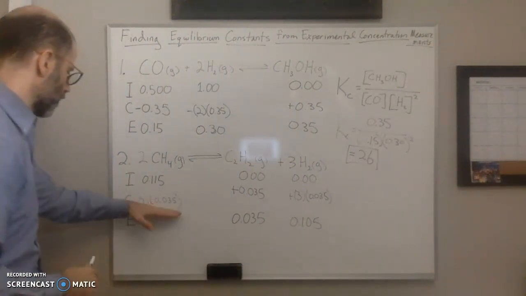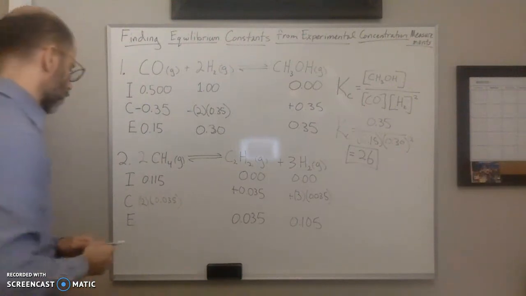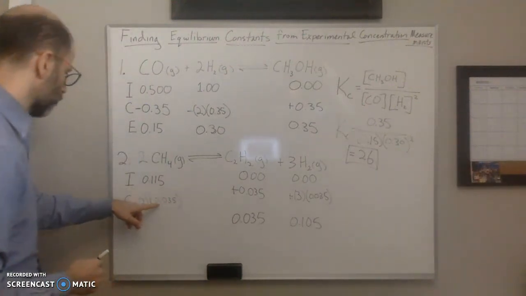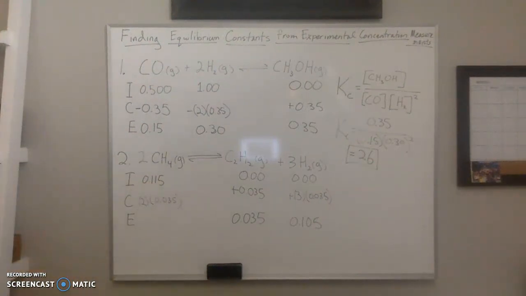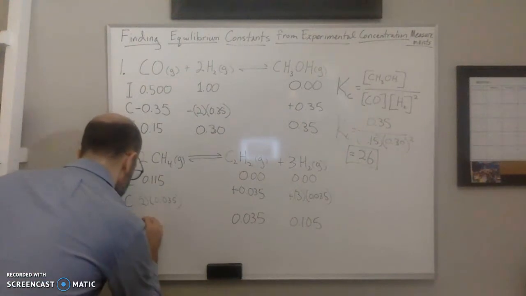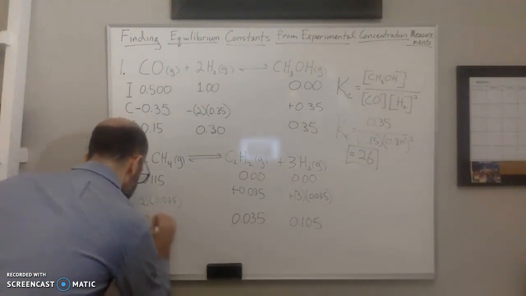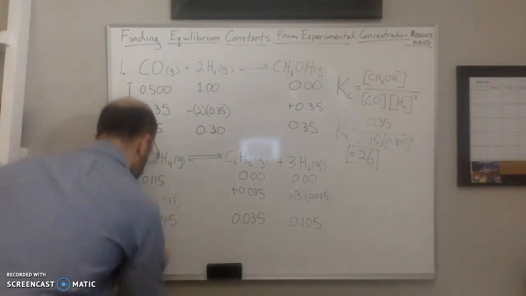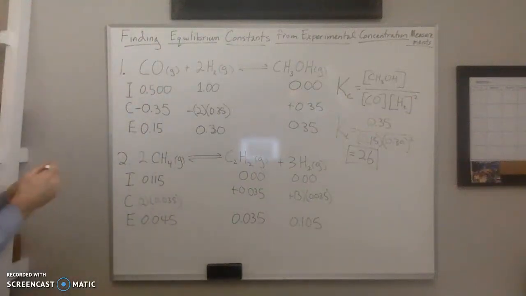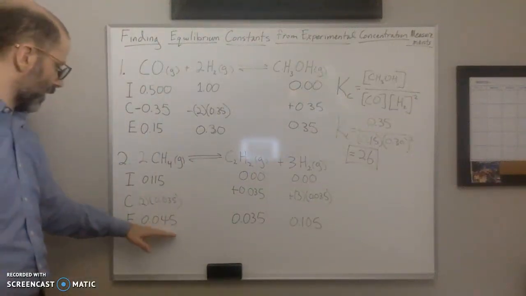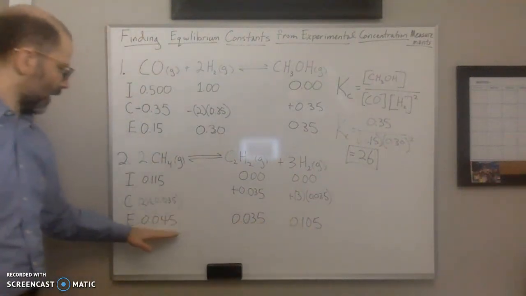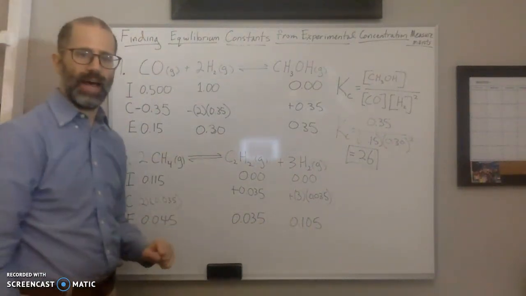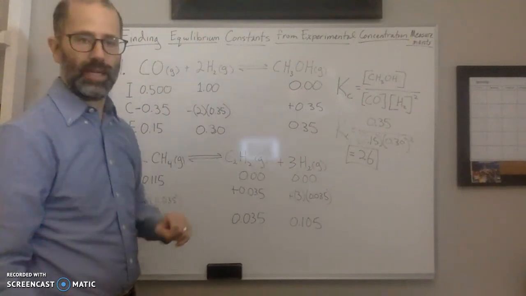So this is going to be a loss of 0.07. So I subtract 0.07 from here, and it becomes 0.045 there. Okay, so once again, now that I have my equilibrium concentrations,